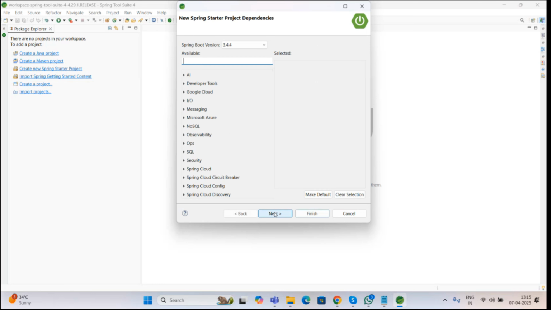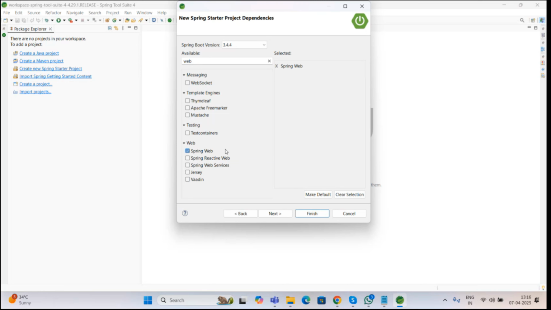So you can just click on Next. Here it is asking for the Spring Boot version, so whichever version you want, you can choose. By default it is choosing 3.4.4, that is also fine. Then it is asking for dependencies. Here you have to add all the dependencies based on your project requirement. Later also you can add, so that is not an issue. If you say, sir, I don't know which dependencies I want to add for this project, no problem, later also we can add, guys. But as of now I want to add a web application,